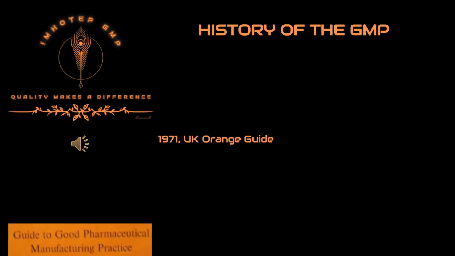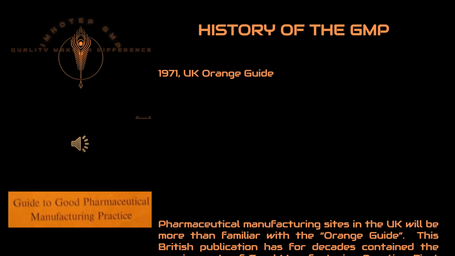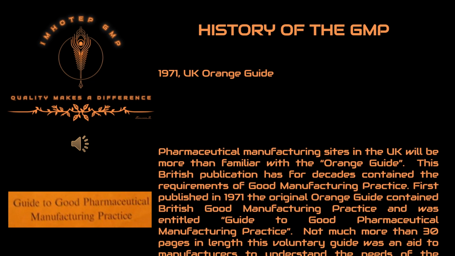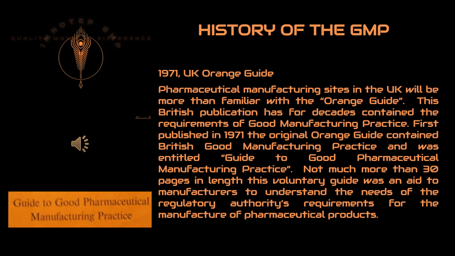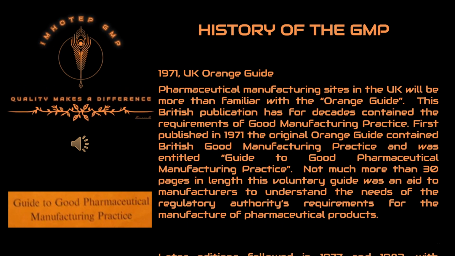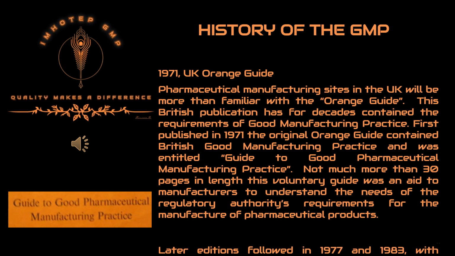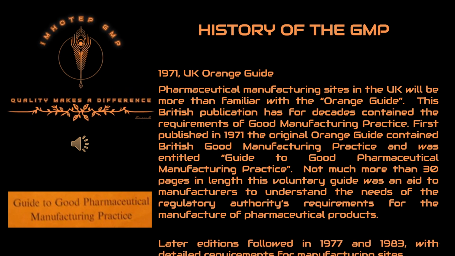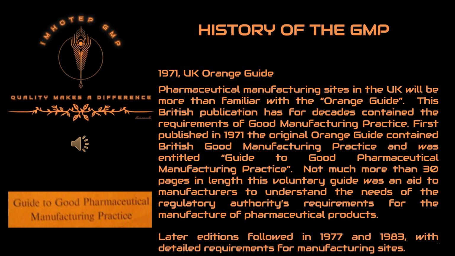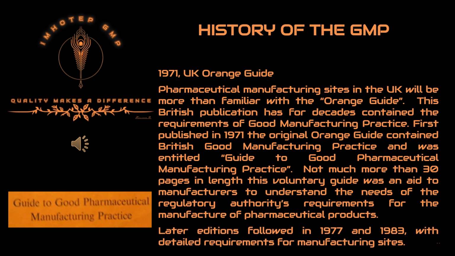1971. UK Orange Guide. Pharmaceutical manufacturing sites in the UK will be more than familiar with the Orange Guide. This British publication has for decades contained the requirements of good manufacturing practice. First published in 1971, the original Orange Guide contained British good manufacturing practice and was entitled, Guide to Good Pharmaceutical